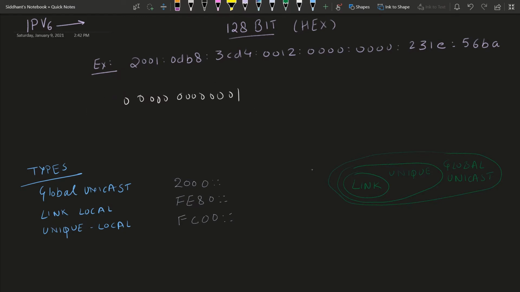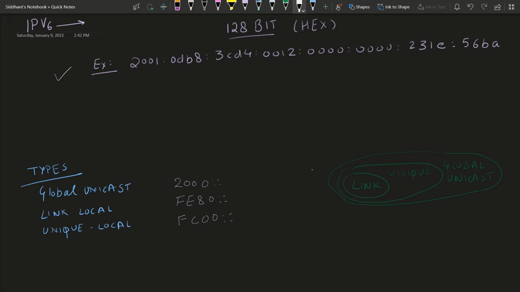If we talk about how many IPv6 addresses we can have, it is 2 raised to power 128 IPv6 addresses, which is a lot more than IPv4 addresses. And we have enough IPv6 addresses to give every device for a couple of years coming. So we will not be having any shortage of IPv6 anywhere near soon.